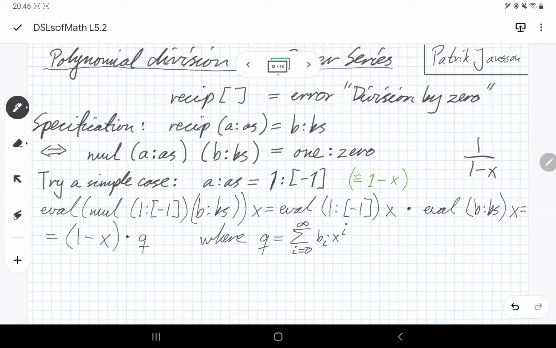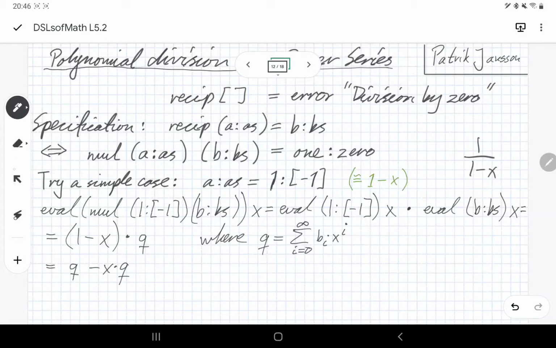Okay, and clearly 1 minus x times q is equal to q minus x times q. I just multiplied q in. Well, what do we know now? Well, we can